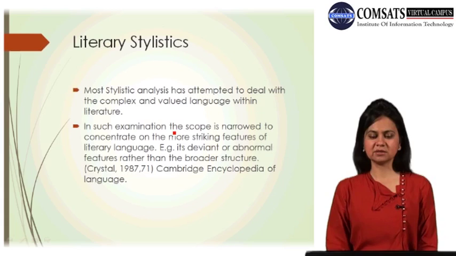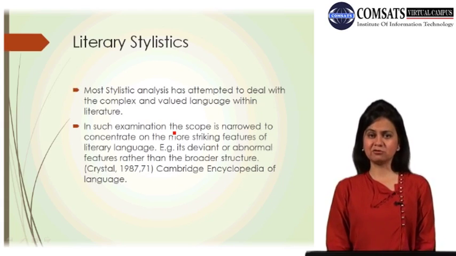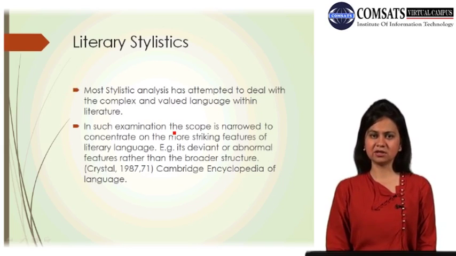Literary stylistics is a branch or field of stylistics that has helped stylistics emerge as a separate field of the study and analysis of literary texts, that attempts to deal with the complex and valued language within literature. Just like formalism, literary stylistics also recognizes the fact that the language of literature is complex and valuable. Hence, it is complex, distinct, and unique. It demands that its value must be estimated through the minute understanding of the details of the features that occur in the text.